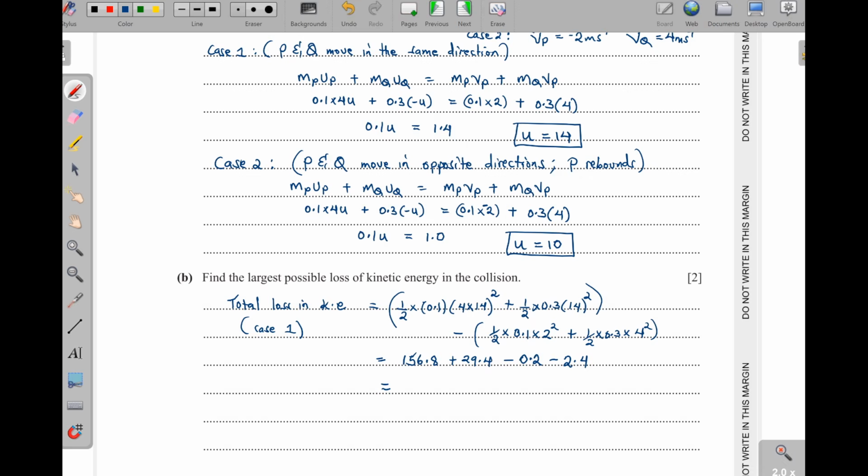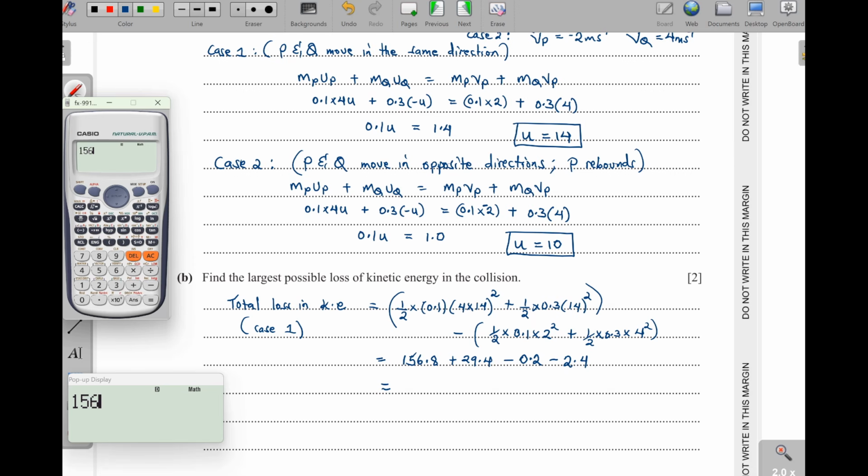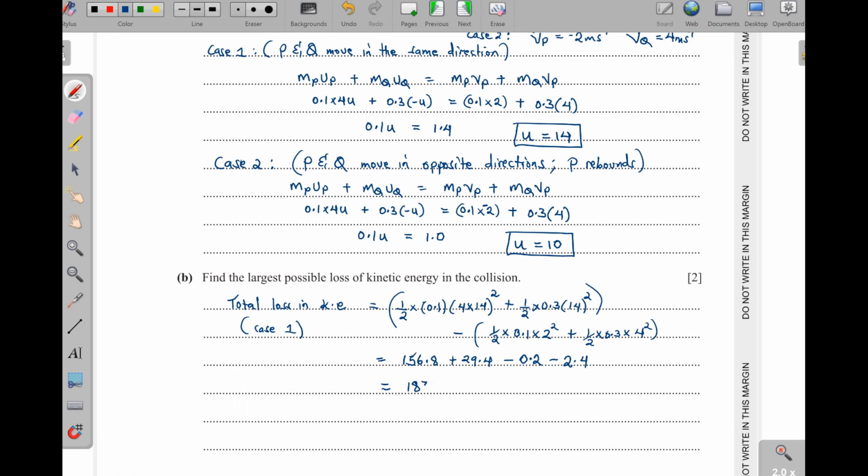So this one will give us 156.8 plus 29.4 minus 0.2 minus 2.4. The answer is 183.6, 183.6 joules. Okay, that is for case 1, and that is the one we are going to take, because